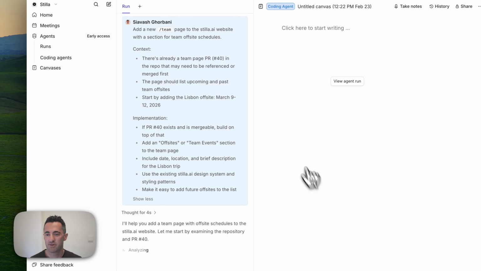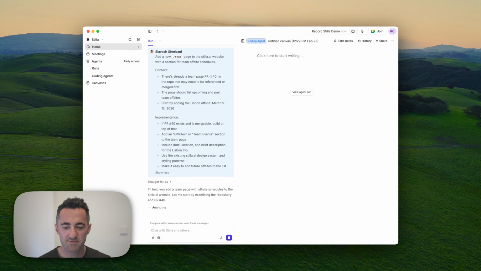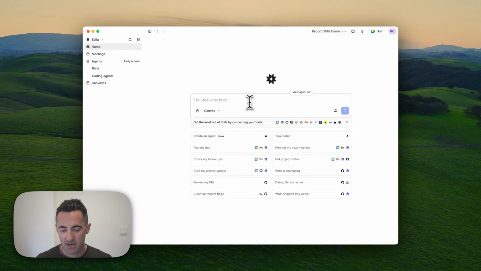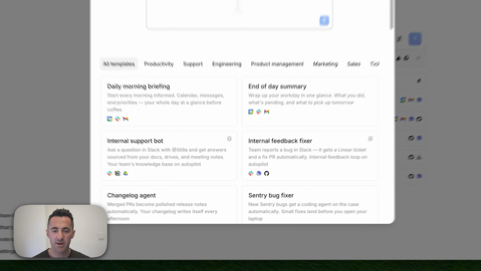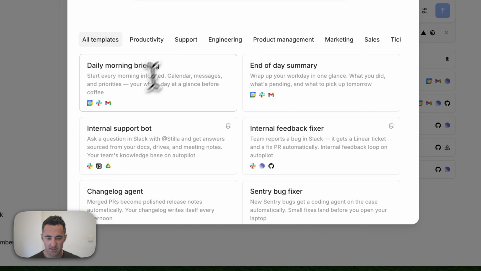So while that's running, I thought we'd go back and take a look at how we create automations for some of these things. So again, many of our customers already had some combination of AI agents with their company, but what they told us that they particularly liked is how Stilla drastically lowers the barriers to create AI agents. So we're going to go in here and we're going to create a new AI agent for a flow that is quite common for us. So out of the box, there's a bunch of examples of things that you can do. Some of them are specifically for you, like prepare me for my day or give me a summary of my day. You can also use Stilla to create bots.